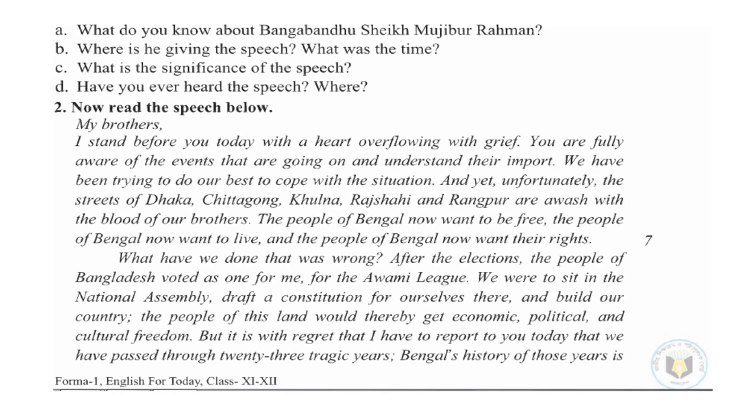We have been trying to do our best to cope with the situation, and yet unfortunately the streets of Dhaka, Chittagong, Khulna, Rajshahi and Rangpur are awash with the blood of our brothers. আমরা আমাদের জীবন দিয়ে চেষ্টা করছি। কিন্তু দুঃখের বিষয় আজ ঢাকা, চট্টগ্রাম, খুলনা, রাজশাহী, রংপুরে আমার ভাইয়ের রক্তে রাজপথ রঞ্জিত হয়েছে।